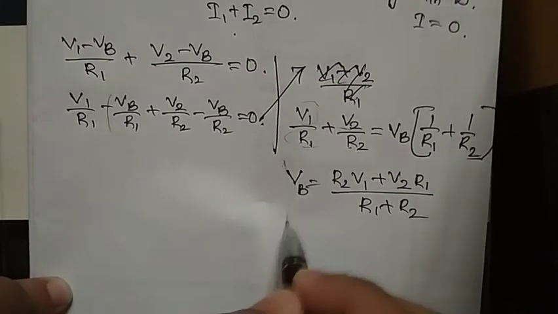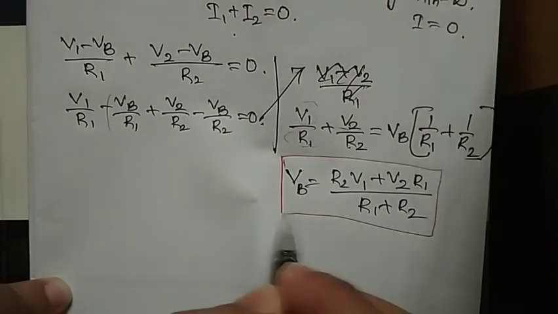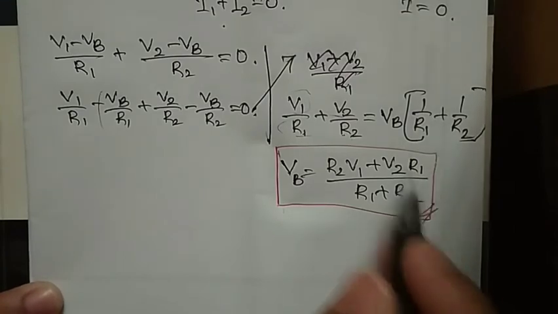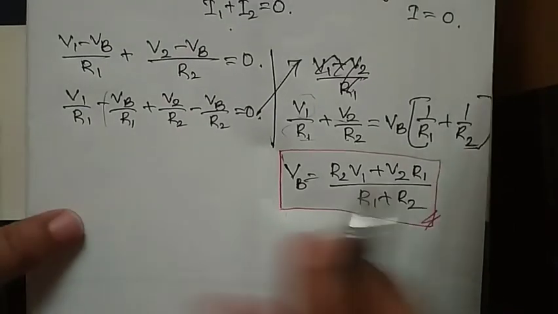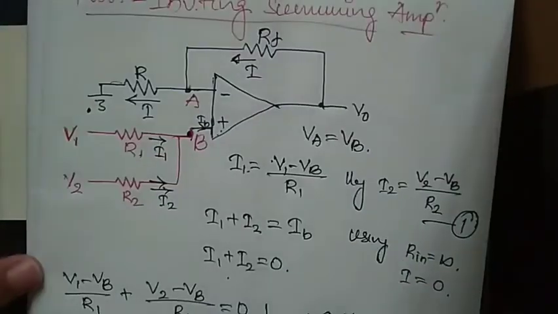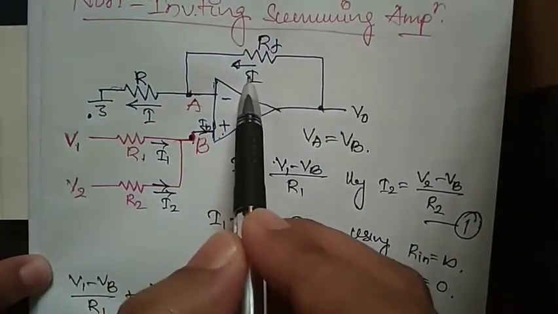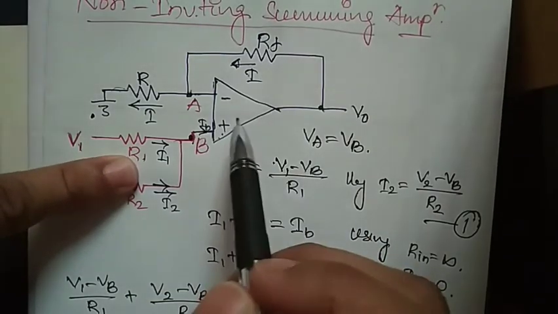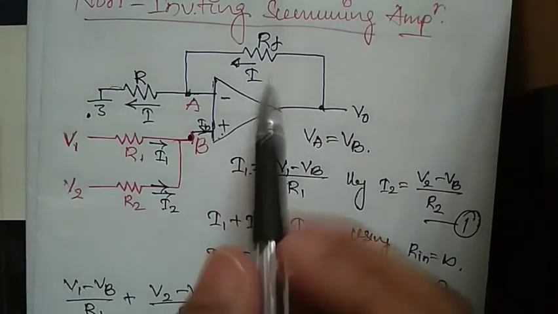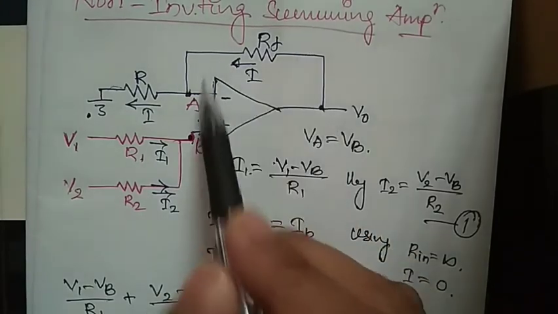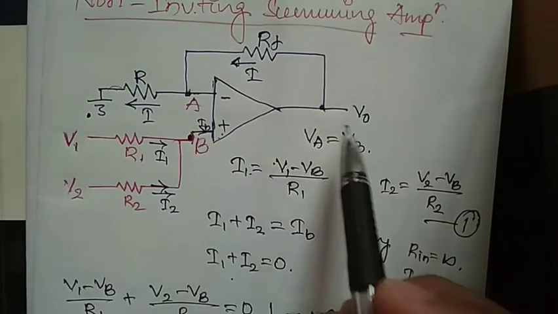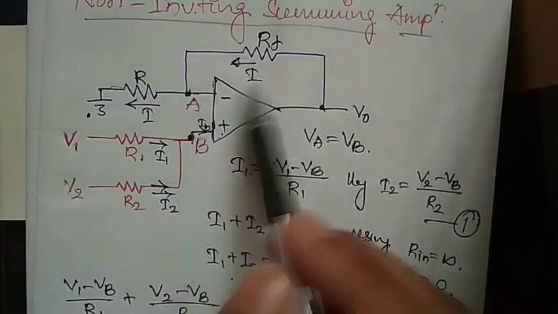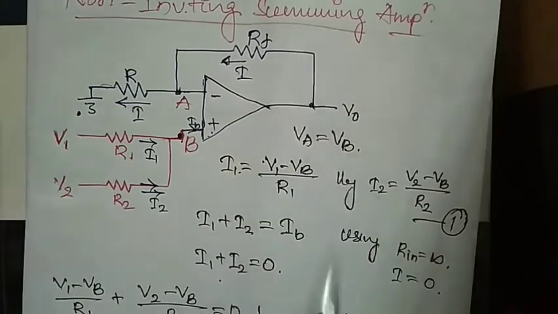Okay, now we got the VB value. This is one step of completion. So let me consider the next one. We have to derive another one, I, that is this one. Your I equals, as usual by Ohm's law, V by R. So V, your current is flowing from this V0 to VA, so I equals V0 minus VA divided by R, right?